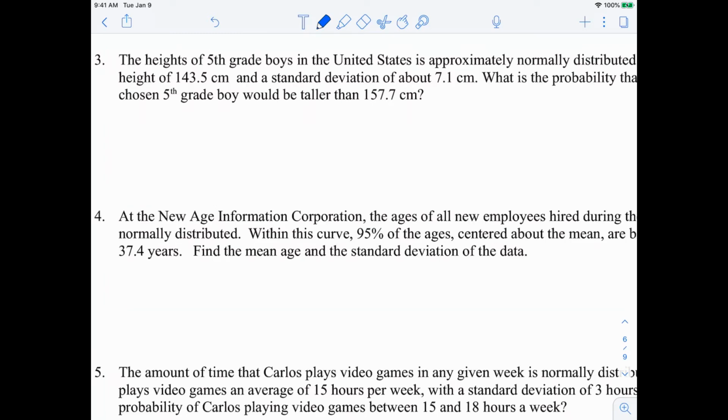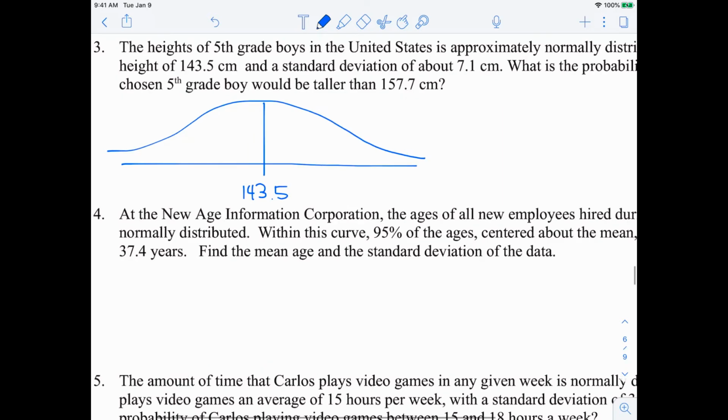So drawing the normal model, in the middle I have the mean. The mean is 143.5 and it has a standard deviation of 7.1. So one standard deviation above it, I would add 7.1. So I would have 150.6. 2 standard deviations above, I would add again. So we would have 157.7. And then 3 standard deviations above, and I end up with